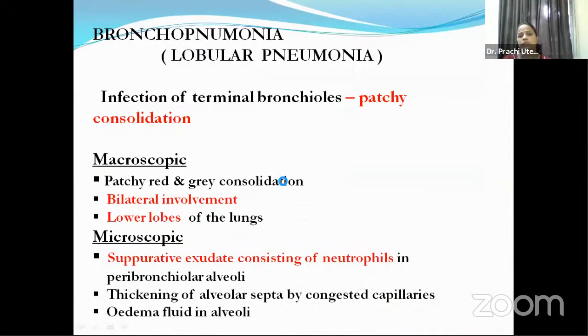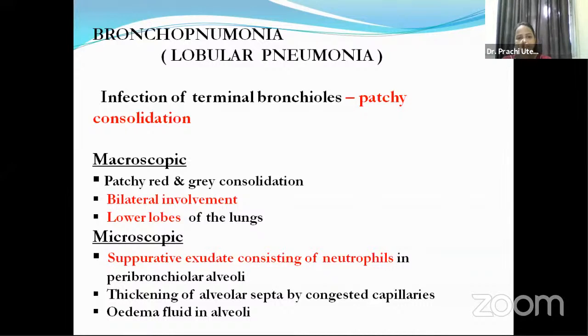Now, bronchopneumonia is also called lobular pneumonia, that is, infection of the terminal bronchioles with patchy consolidation. So the characteristic of bronchopneumonia is patchy consolidation. Bilateral involvement is majorly seen in bronchopneumonia, and anatomically the lower lobes are mostly involved,